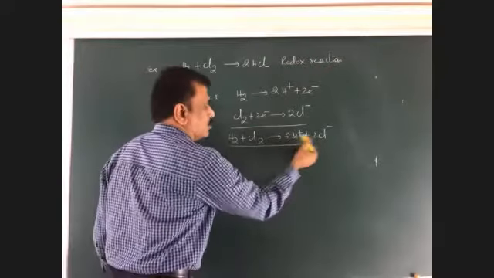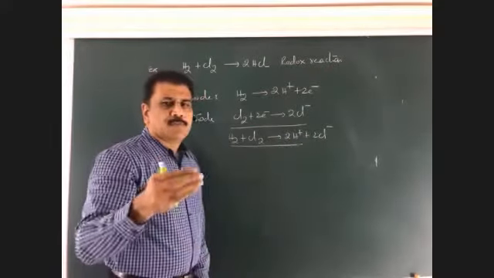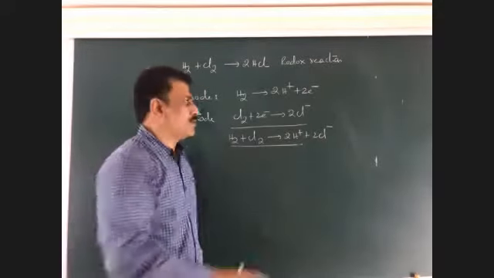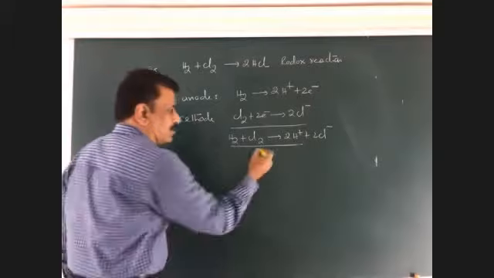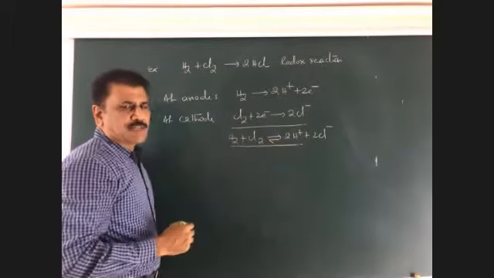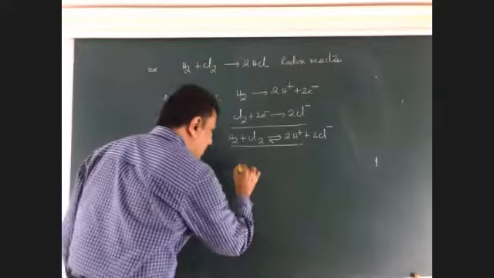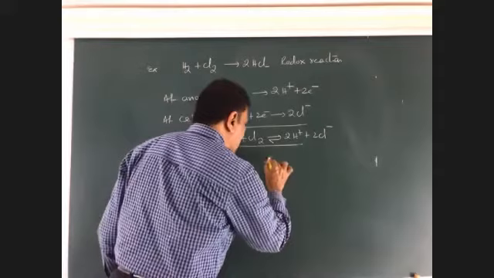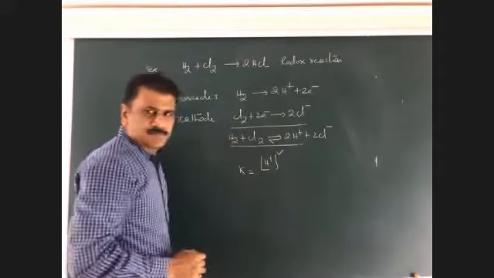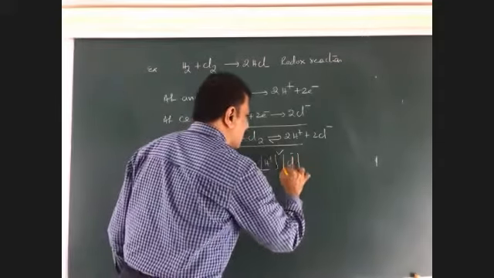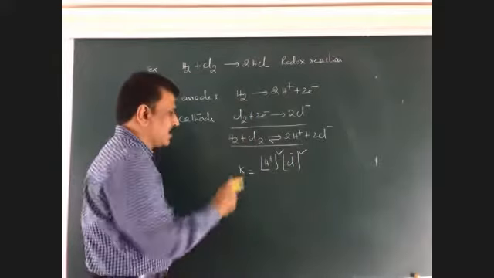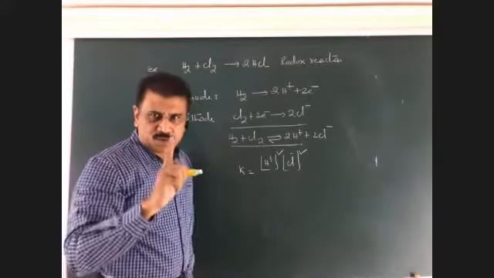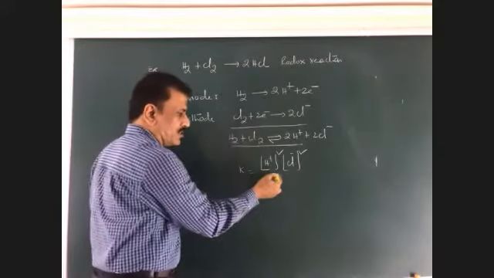This is an aqueous solution, because I told you, a metal rod is dipped in its salt solution, and a non-metal is sent into a salt solution. Therefore, these are all aqueous solutions. This is always a reversible reaction, because Daniell cells are reversible. So here K is represented as products by reactants: H plus ion concentration whole square into Cl minus ion concentration whole square, by H2 and Cl2. Since these are elements, the concentration is taken as unity, so we neglect this. So this is the K.